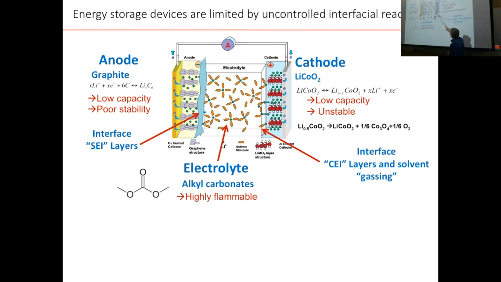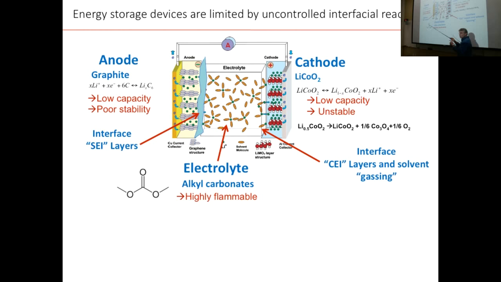On the cathode side, we have some chemical instability. In particular, lithium cobalt oxide has a fundamental instability that if you try to remove more than half of the lithium, you get this compound here. And this compound actually wants to fall apart to a different compound and produce oxygen. Okay, so now you've got a problem that this compound also is an insulator. And so if you overcharge the battery in particular, meaning that you remove more than half of the lithium, you change the composition, you turn it into an insulator,